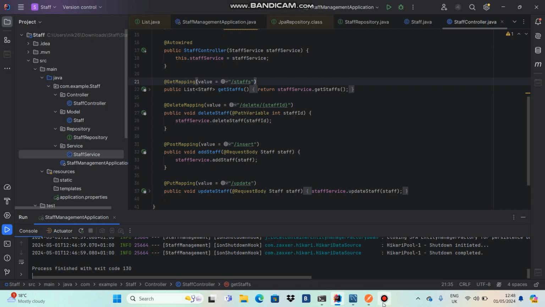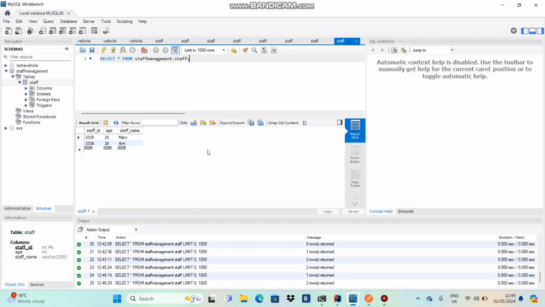Hello everyone. So in the last video we have seen how we can create a new record, how we can add a new staff into the database, and we know now how to test it by checking our database whether the new staff record has been added into our staff table. So in this video we will see how we can delete a database entry,